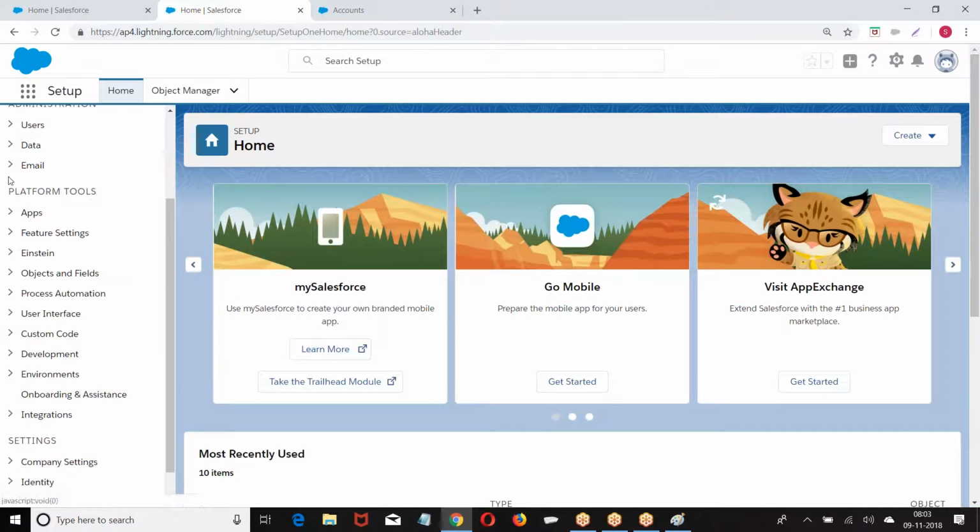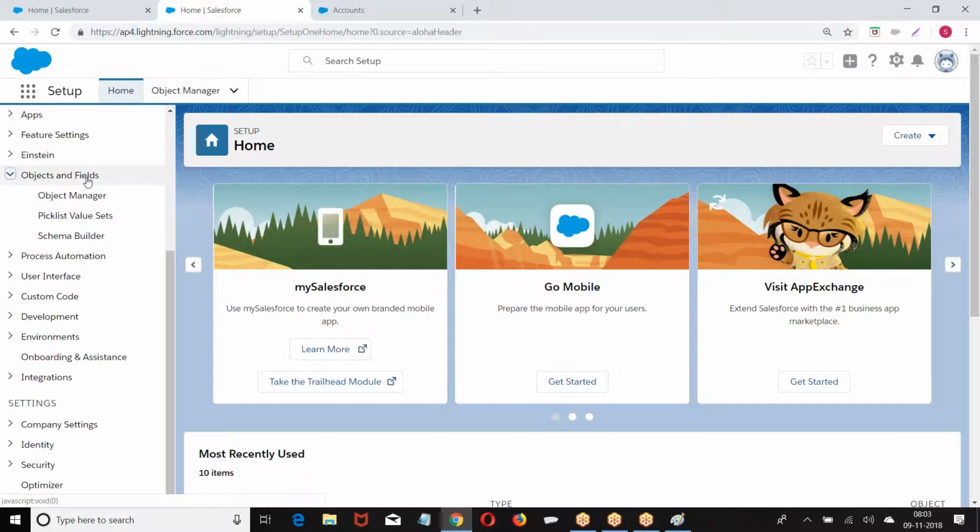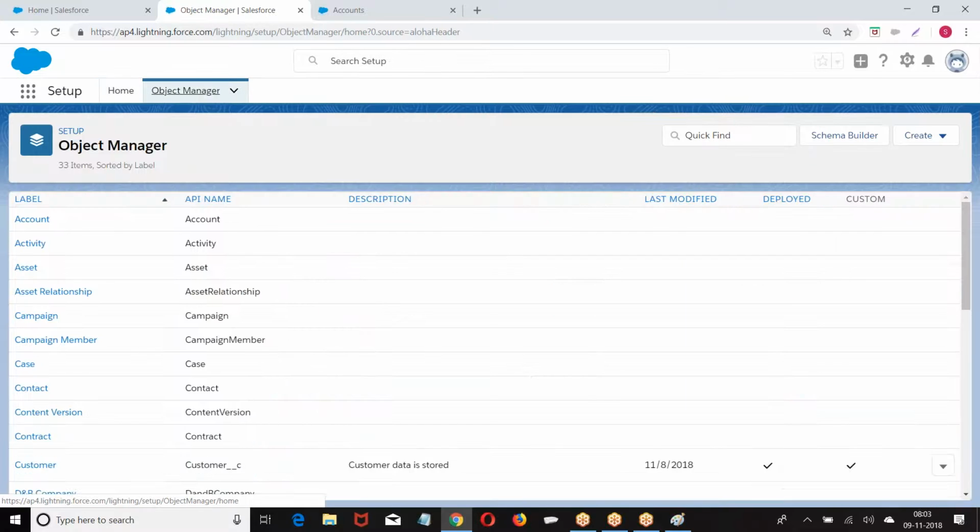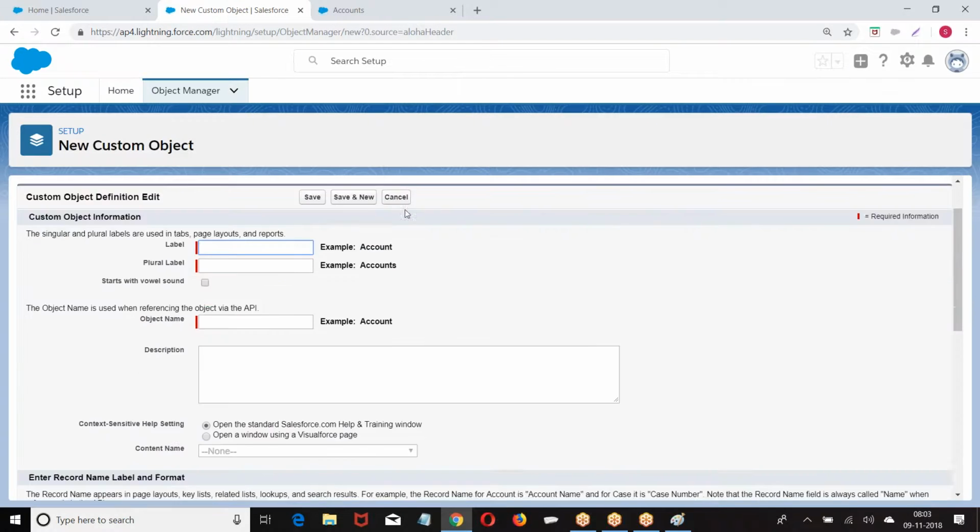What we have? Platform tools, objects and fields, object manager, create new custom object.